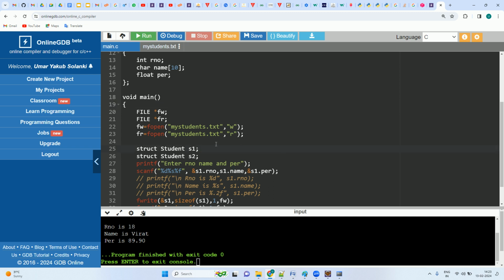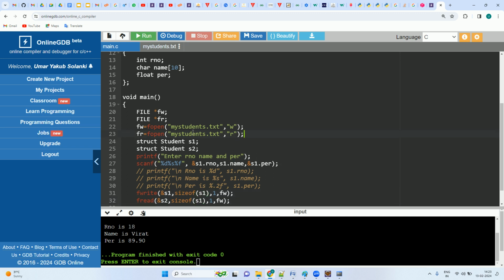अब मैं क्या बोलूँगा, अब यहाँ आप FR का इफ लगा सकते हैं, ठीक है। FR नहीं है तो वो अपने को मालूम है कि रहेगा ही, अपन ने खुद तो किया है। अब मैं क्या कर रहा हूँ, रीड करूँगा किसमें, S2 में, कितने बाइट्स, साइज ऑफ S2, S1 दोनों बराबर ही है ना, एक ही चीज़ है। और कितने बाइट ले रहा हूँ, 18 का एक, और फिर कहाँ से डालूँगा उसको मैं। तो अब मेरे S2 में डेटा आ गया। अब ये जो डिस्प्ले अगर मैं S2 से करूँ और वही इन्फॉर्मेशन आ जाए तो अपन जीत गए।